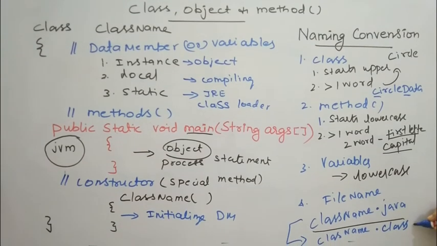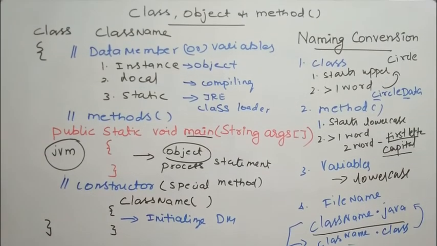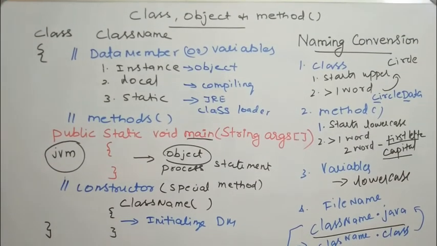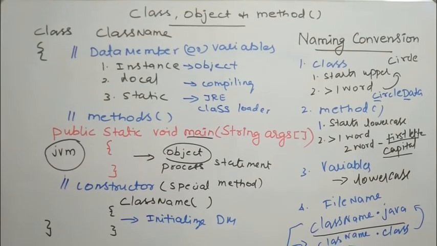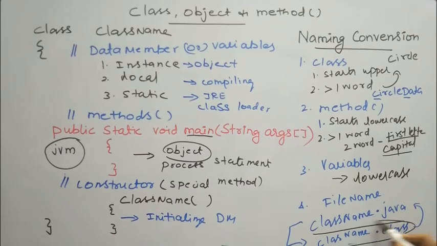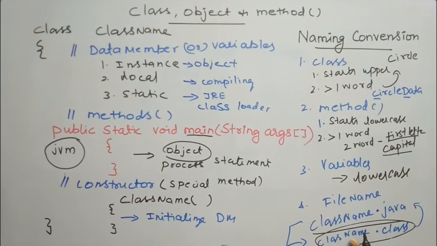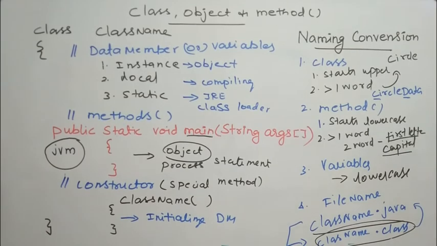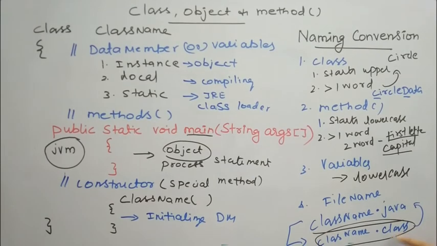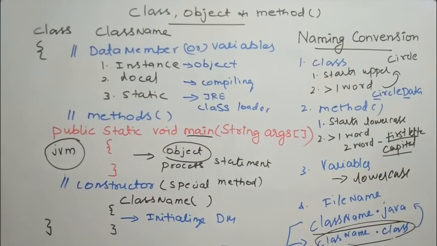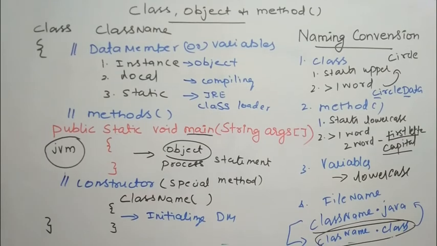So it is better if we keep the file name as the class name which contains the main method. Since when the javac compiler creates bytecode, that is the .class file, the name of the .class file will be same as the class name which contains the main method. So we may relate easily the file name with the corresponding bytecode file name. That is the reason why we are keeping that file name.